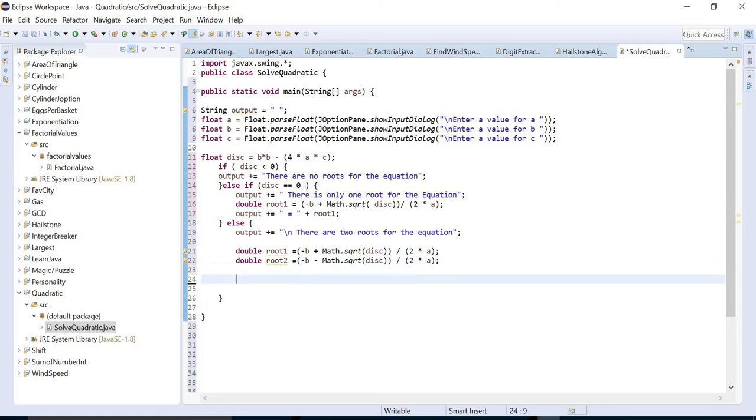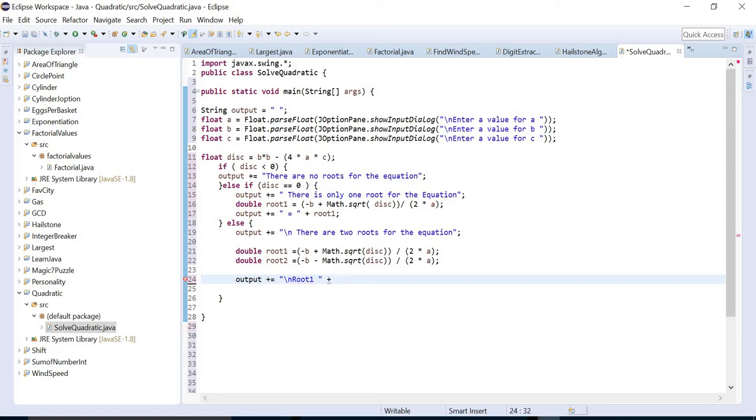Okay, so now we got that. And the output, I'll put it down here. Output plus equals, and we're gonna have root1 and root2 displayed. Plus equals in this case. \n on its own line. Root1. So the \n just kind of puts it on its own line. Do you understand, guys? Root1